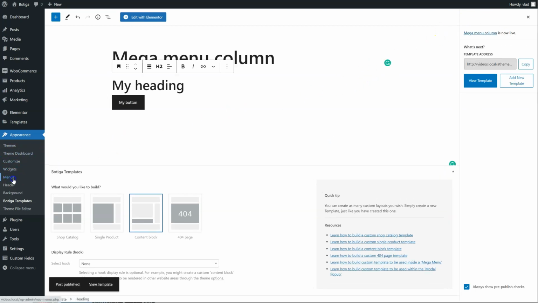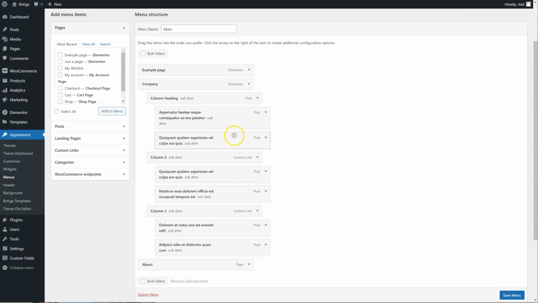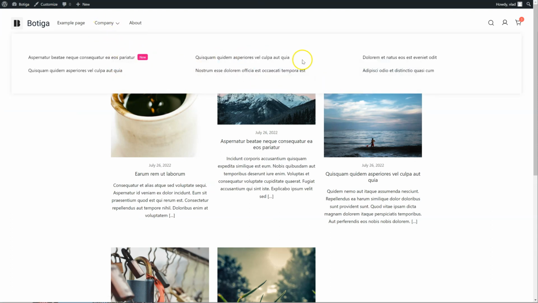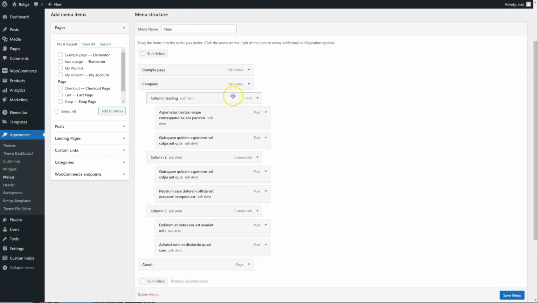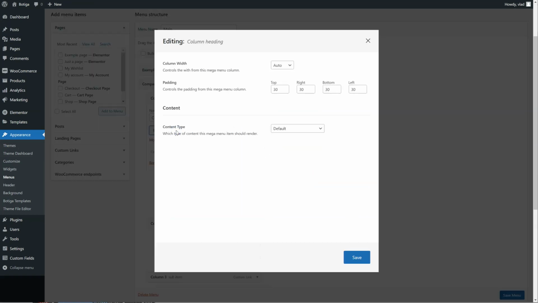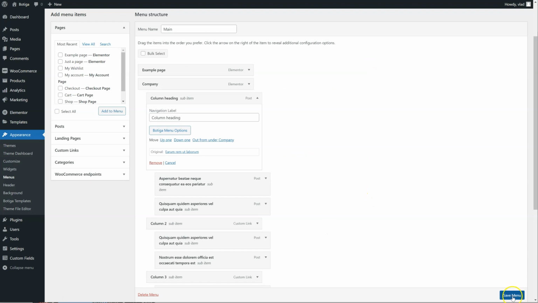Now I'm going to go to menus. I already have a mega menu here. Here it is. So I'm going to select this column heading, go to Botiga menu options, and from content type I'm going to select custom content block and select the template I've just created. Save it, close,